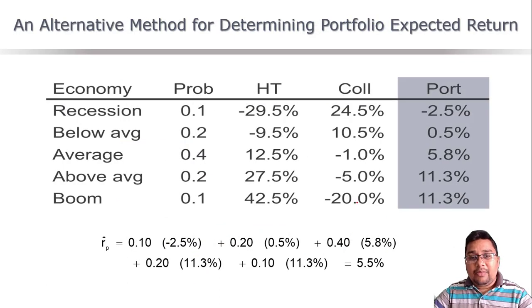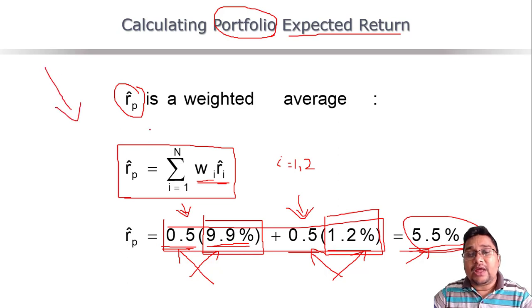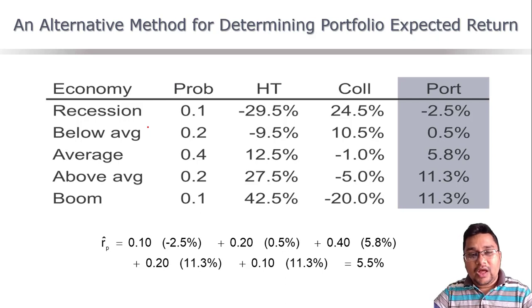Now let us discuss estimating the portfolio expected return using another method. In the previous case, let us go back and see, we calculated the expected return of individual securities separately, and then we came up to this stage of calculation. What we can do, instead of calculating the individual security expected return first, is start straightforward with the portfolio. How can we do that?